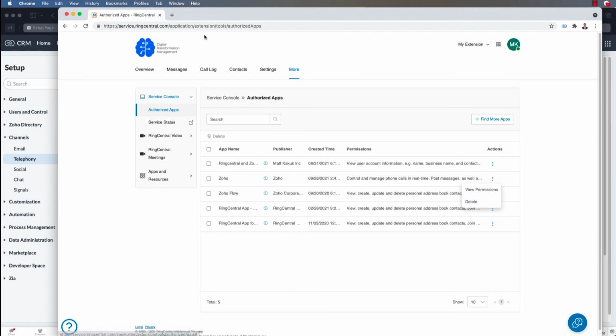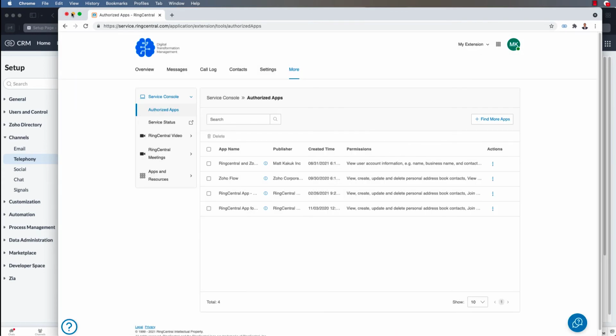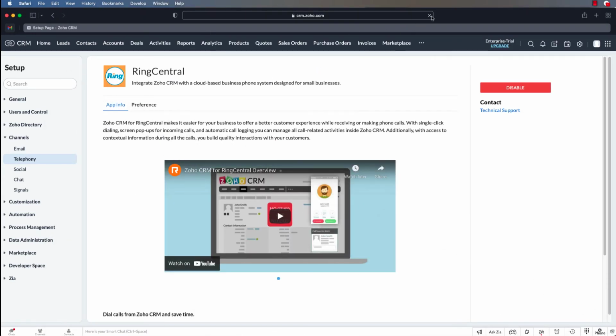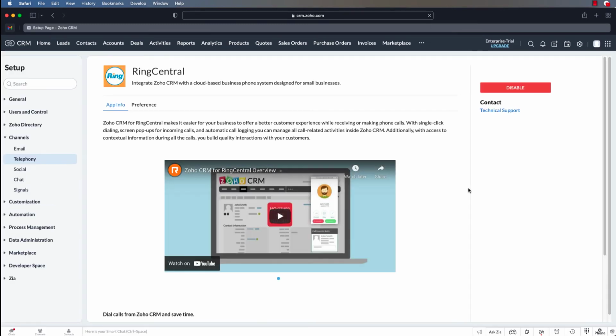And that's in your RingCentral. So that's not very descriptive, but that's what it is: Zoho app name by Zoho. And you want to delete that. If you remove that, it's going to prompt you to log in again just for the user who removed this from their portal. So now this user should get